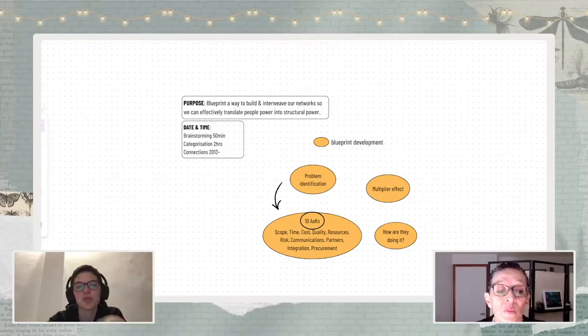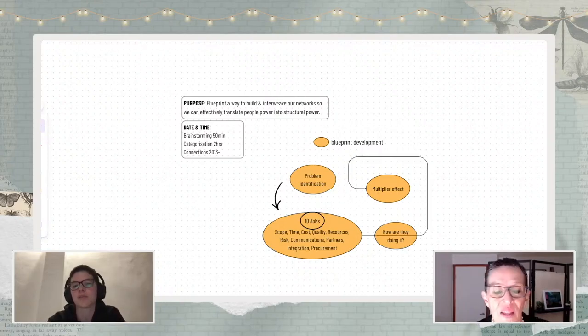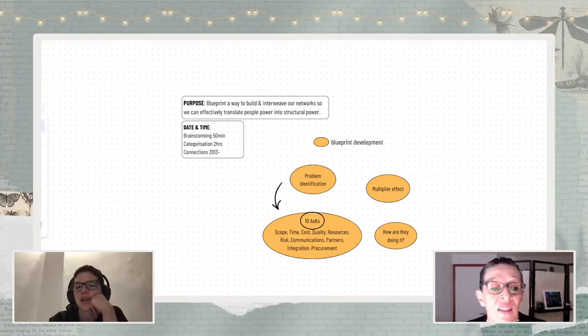And using the bubbles themselves, you can also connect them. Sorry, I didn't follow that. Oh, from the bubbles themselves, you can create, on the side, they should give you a little arrow, and then you can connect between them. I see that. Yes. But yeah, so problem identification to defining the 10 areas of knowledge.